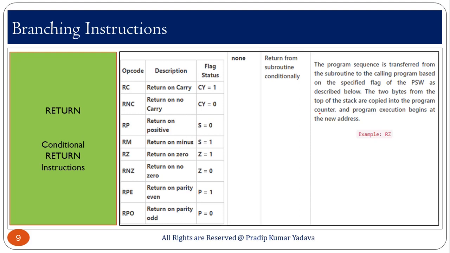So, this is all about the branching instructions which we are going to use on the 8085 microprocessor, and it totally depends upon your program where you have to use conditional and where unconditional. Except in subroutine programs, mostly we use conditional jumps, like jump if no carry, jump if carry, jump if no zero. But when you are going to make a subroutine program, mostly we use call, JMP and return, meaning unconditional.